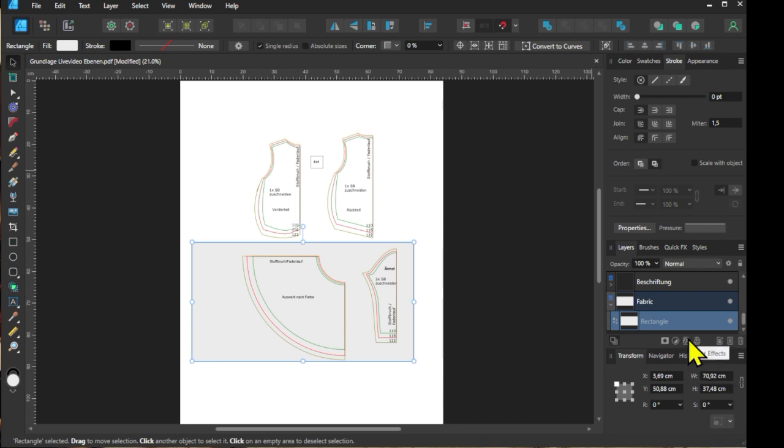In my case, the pattern pieces are all on the fold, which means I haven't duplicated them yet. If you prefer to cut on the fold, then just enter half of your fabric width here. So most fabrics have a width of 140 or 150 centimeters, and accordingly you just enter here either 70 or 75 centimeters for the width. Then you have the corresponding height. Since it is a child's cut, we need about 50 centimeters.